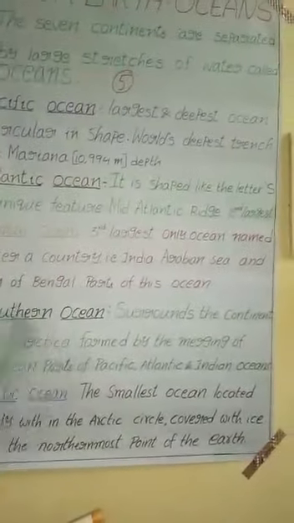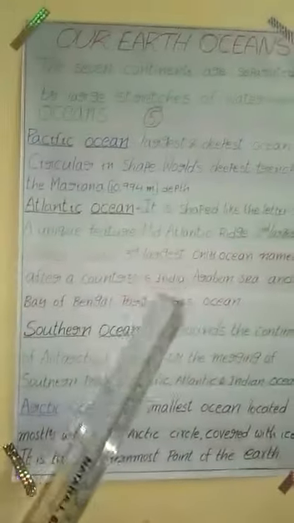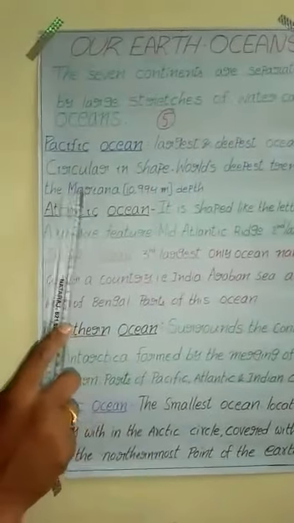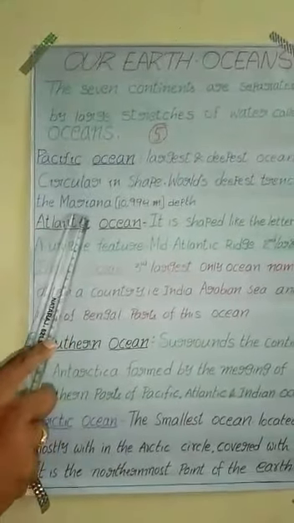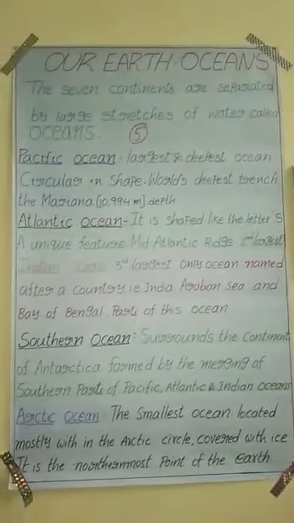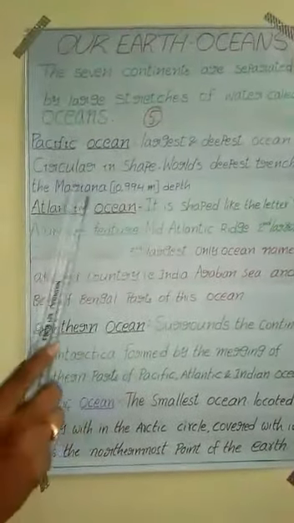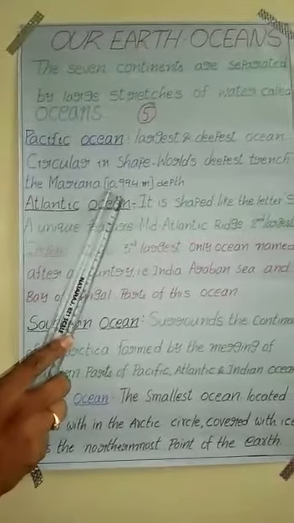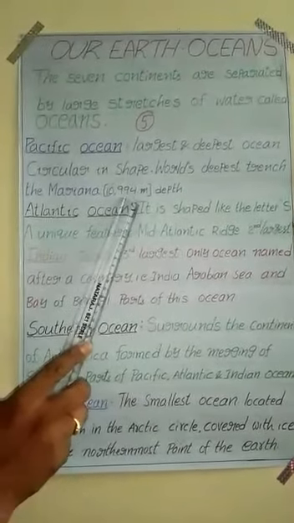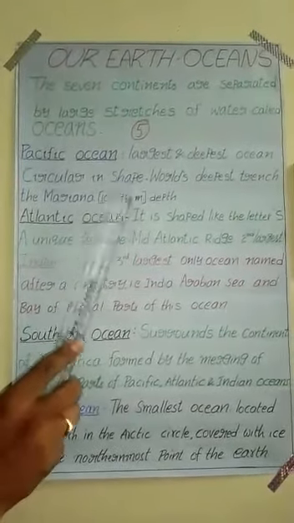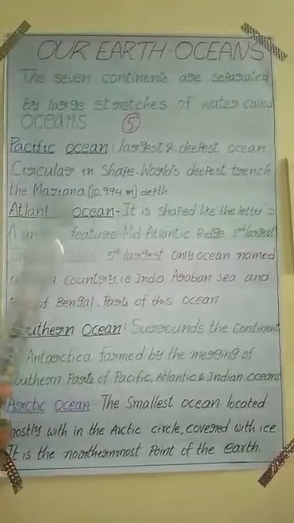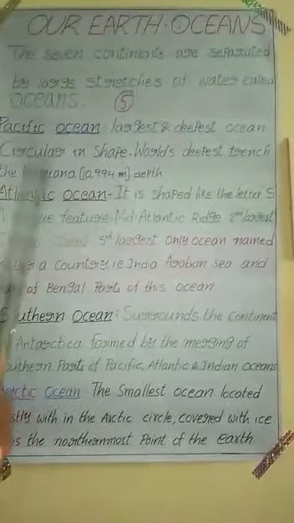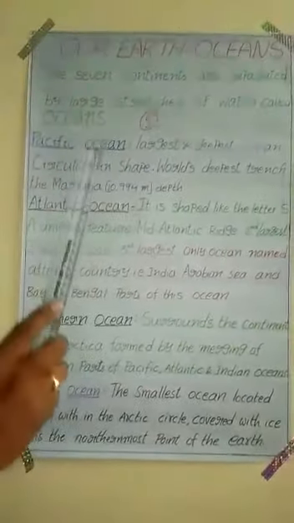And the most important thing about Pacific Ocean is the world's deepest trench, which is known as the Mariana Trench. What is it? The Mariana Trench is located in the Pacific Ocean. The world's deepest trench, which is called the Mariana Trench. The depth of the Mariana Trench is 10,994 meters. What is the depth of Mariana Trench? 10,994 meters. It is very important. It lies in the Pacific Ocean. These are some of the important points about the Pacific Ocean. It is the largest and the deepest one.